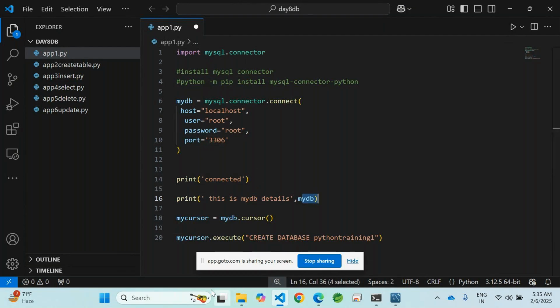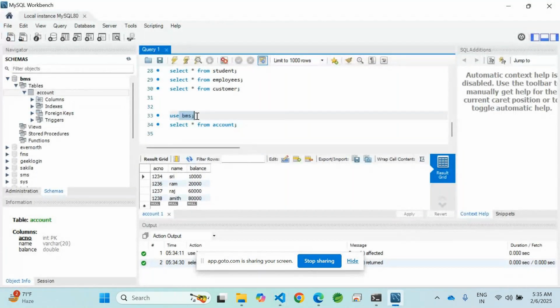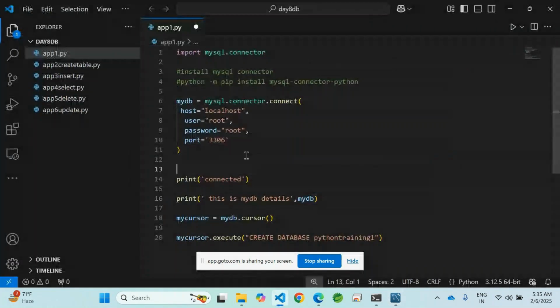A database is a collection of tables. So whenever a database is created, all related tables can be created in that. This is a database, a schema, in which we can have a number of tables. Related tables we can create. In similar fashion, we are creating a database and connecting and